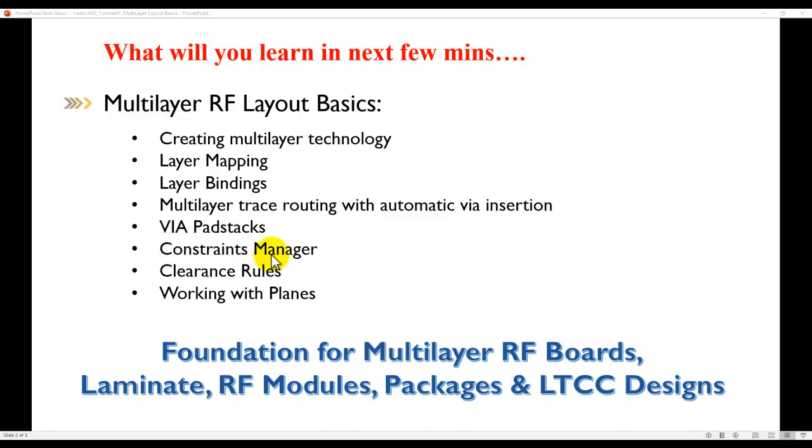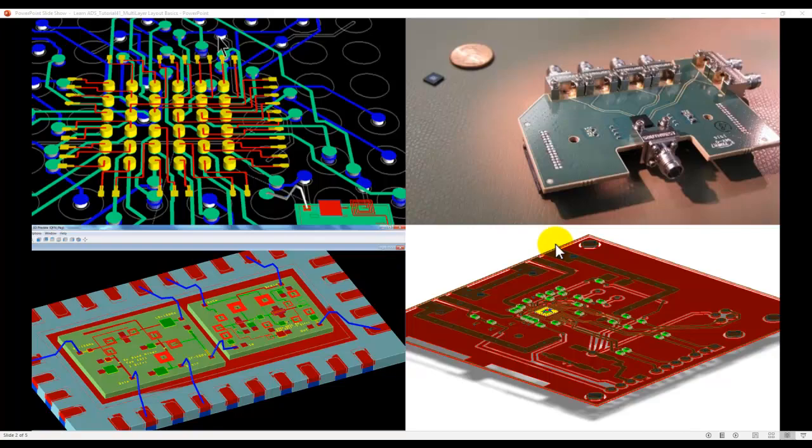So a lot of interesting topics in this tutorial video. Now, why are we talking about these topics? Well, the technology is all becoming inherently multi-layer, and the level of integration we are seeing these days is just mind-boggling, and it's only going to get more complex. So, multi-layer technology is the need of the hour, and it is also the key foundation to do multi-technology design, where you have